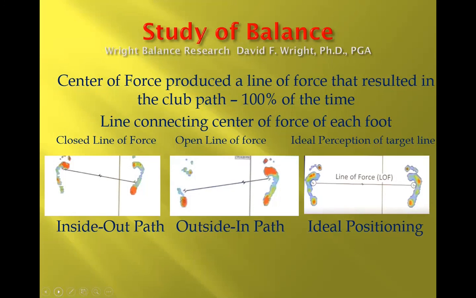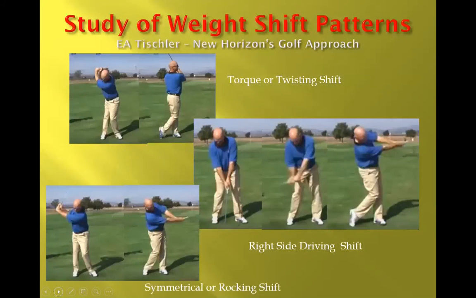So it was a pretty basic study that I saw. The other thing that I came across was shifting of weights and theories. There are a couple people out there that are more in tune to the lower extremity than others, and this is one guy's work, T.H. Tischler, and